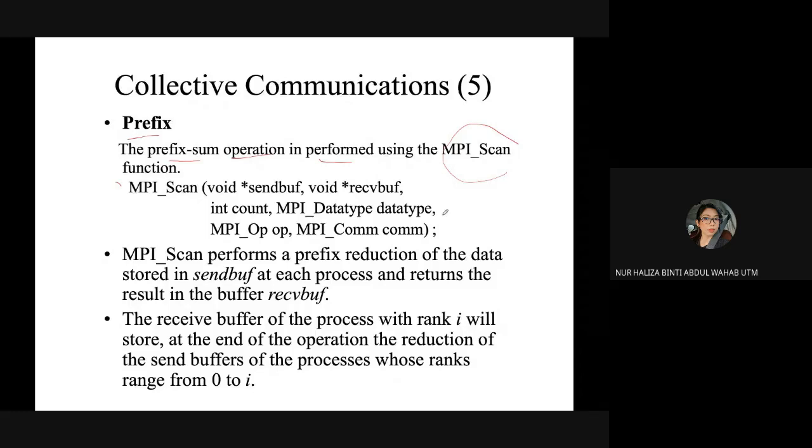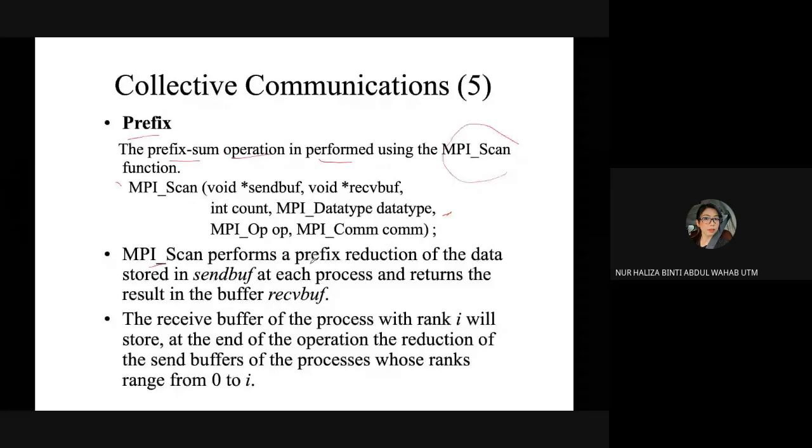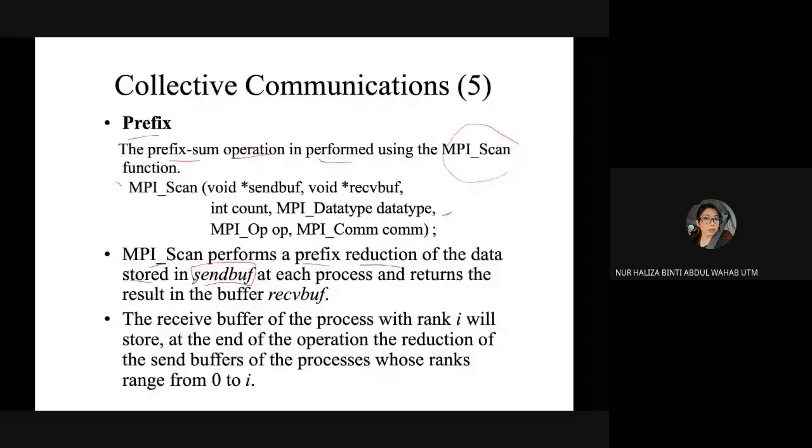This is an example of how you declare and write it in your programming. What does MPI_Scan do? It performs a prefix reduction on the data stored in the send buffer of each process and returns the result in the receive buffer.